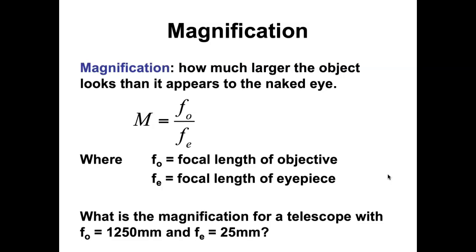The sun, the moon, planets, nebulae, galaxies, they all can be made to look larger based on how the light is bent and focused by those two lenses. FO here is the focal length of the objective, FE is the focal length of the eyepiece. So if I take a lens with a 1250 millimeter focal length, and I use that as the objective, and then I grab an eyepiece that has a focal length of 25 millimeters,